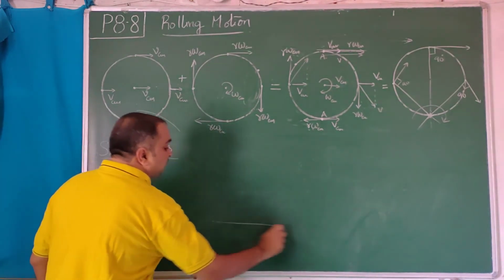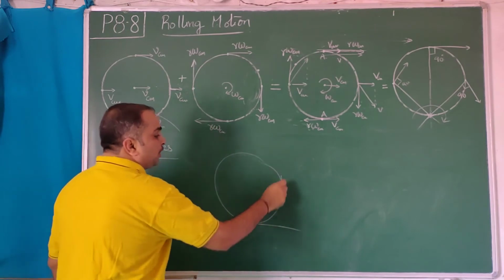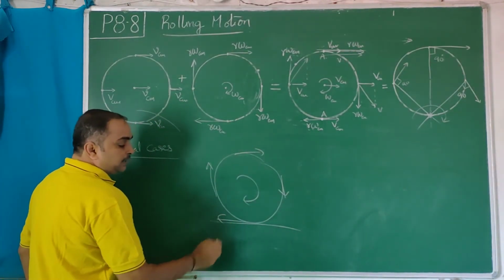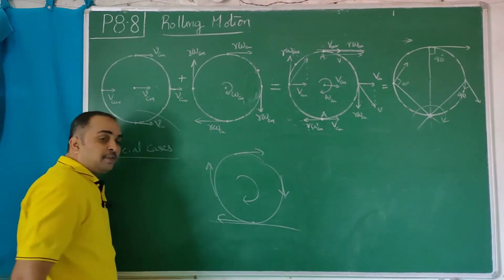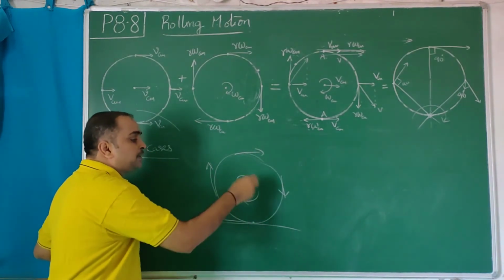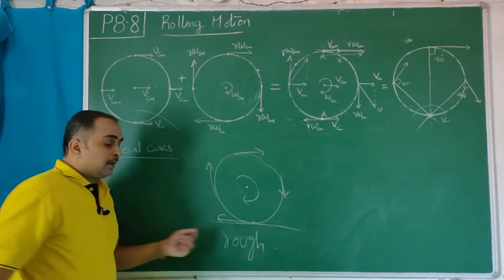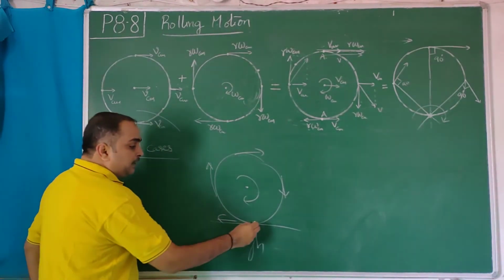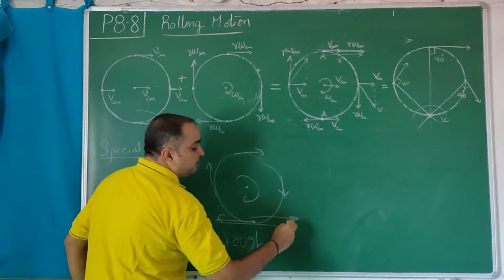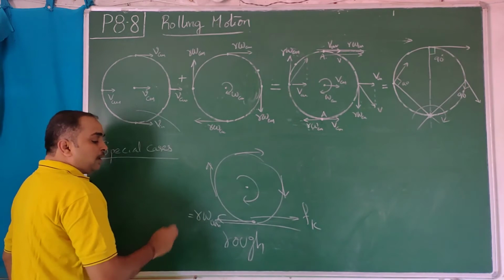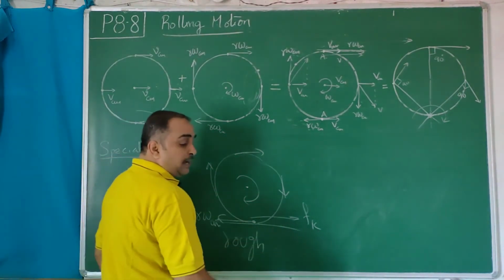But if it encounters a rough surface, you are given r omega. So the bottommost point of the wheel, if it is a smooth surface, rotates there itself and will not translate. But if it is a rough surface, it tends to slip backward. When this point tends to slip backward, the frictional force acts forward. R omega cm is nothing but a velocity. That velocity acts backward, frictional force acts forward.